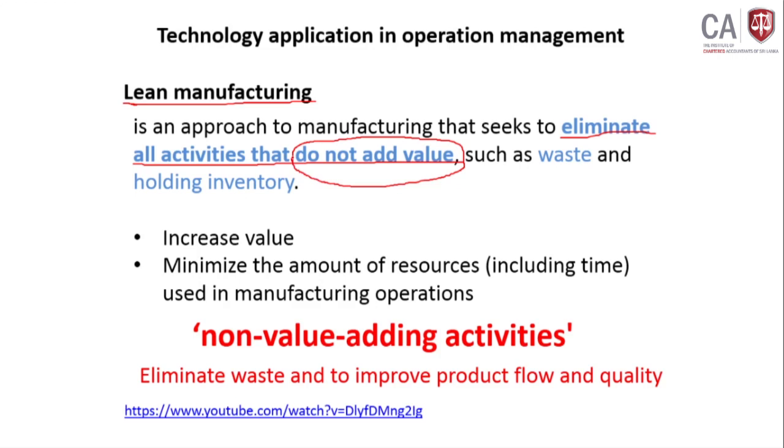The activities which are not giving value to your process have to be removed, have to be eliminated. Let's say if you are keeping some unwanted items in your house, it's a waste to keep them. You can throw them away, and then you can have a very good clean environment, such as waste and holding inventory. You don't need to keep more inventories in your manufacturing environment if you have a very good e-procurement system, and also if you have a very good inventory system.